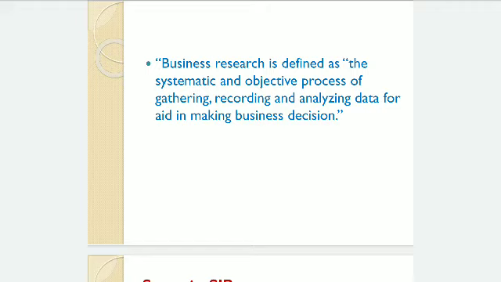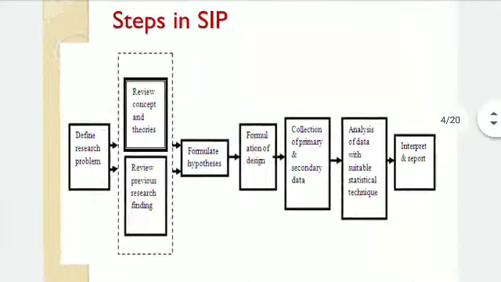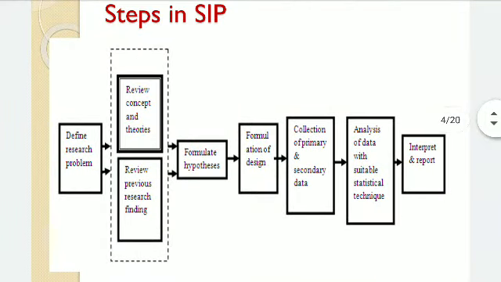So I cannot take decisions blindly. Any manager cannot take decisions blindly. What is required for decision making is collected data and some analysis of data. So only after collection of data, after identification of problems, and after analysis of data, any person will be in a position to take decisions. So that's why the summer internship project is important. So these are various steps in the summer internship project, how you are going to proceed further.